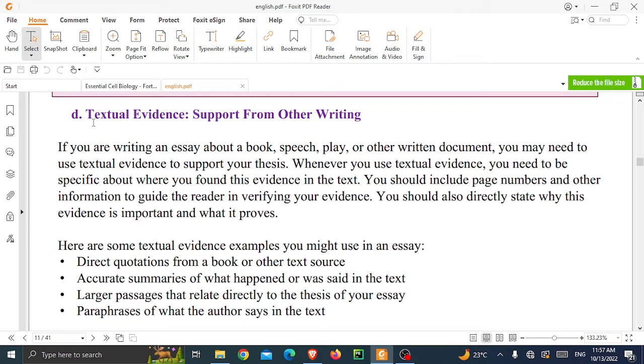We have the fourth type of evidence in general, which is textual evidence, which is support from other writing. And if you're writing about a certain topic, a certain book, a certain play, a certain research, you need different types of evidence from other books or other experts to support it. And when using that type of textual evidence, like let's say a research, a literature review, a paper, you need